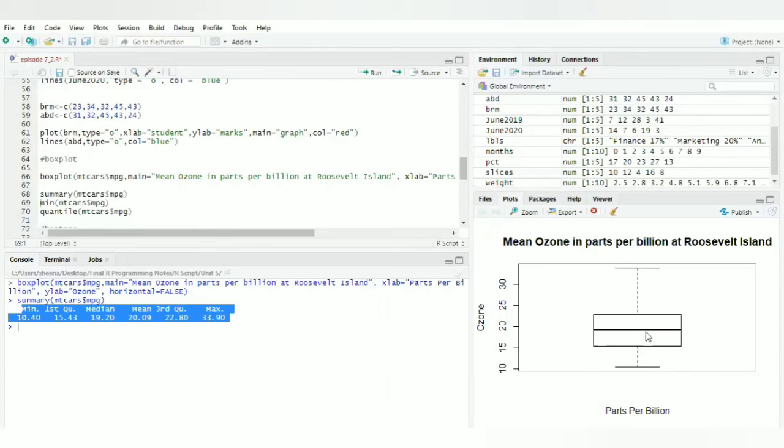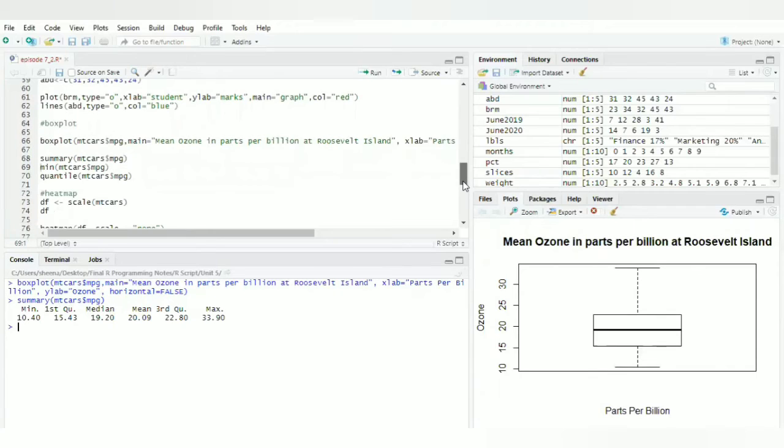Then the median is 19.20, here is the median. And then the third quartile, and then the maximum is 33.90. Those are the values demonstrated in the box plot. You can use the summary function to check and refer to the values of your box plot.